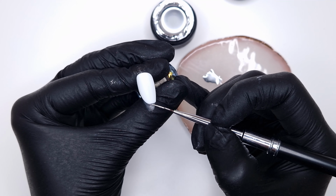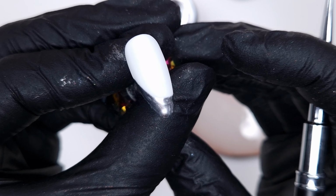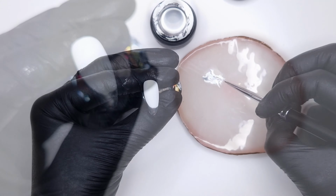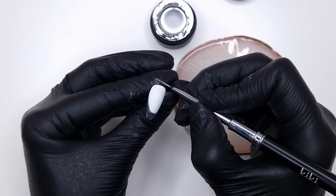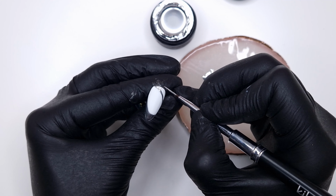So with the silver, I went in super simple and kind of did like a half French swoosh, and then we're going to do the same down at the cuticle area, because this is one of my favorite simple nail art designs to do when I'm wanting to just add a little bit of nail art. This looks great in a full set as well, but as you can see,